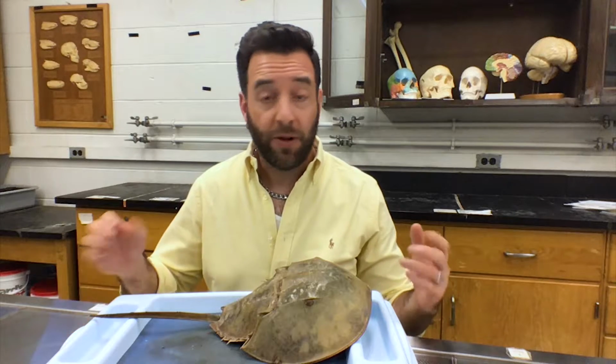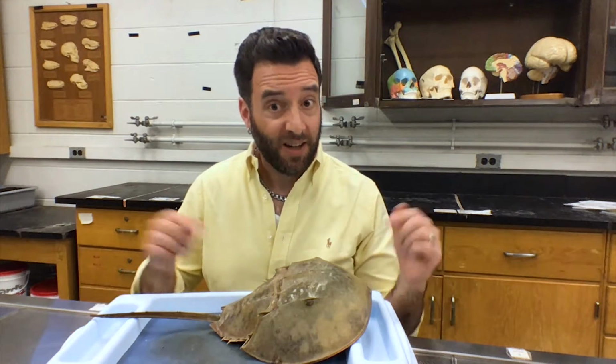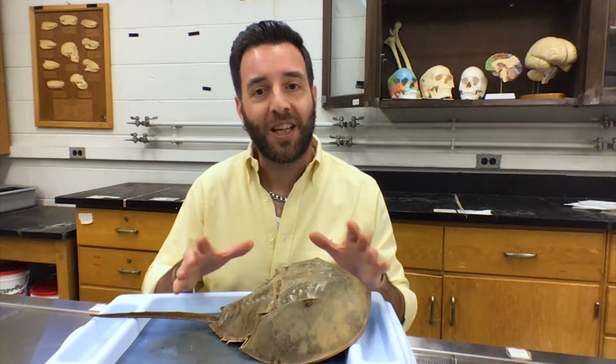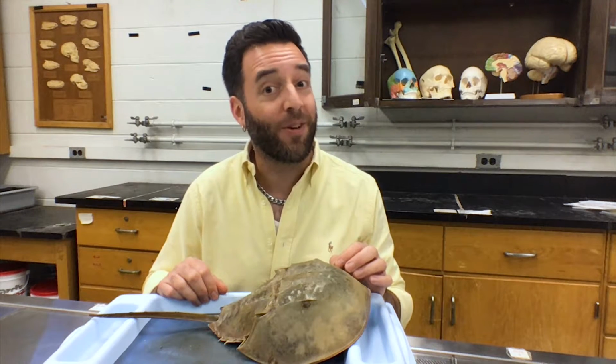But they're actually pretty common in coastal waters. You can find them in all of the world's oceans. They definitely look fierce and scary. I'm going to take you on a quick tour through their anatomy, and we'll see how they're put together and how they live their lives, and you're going to find out that they're actually a lot friendlier than they might